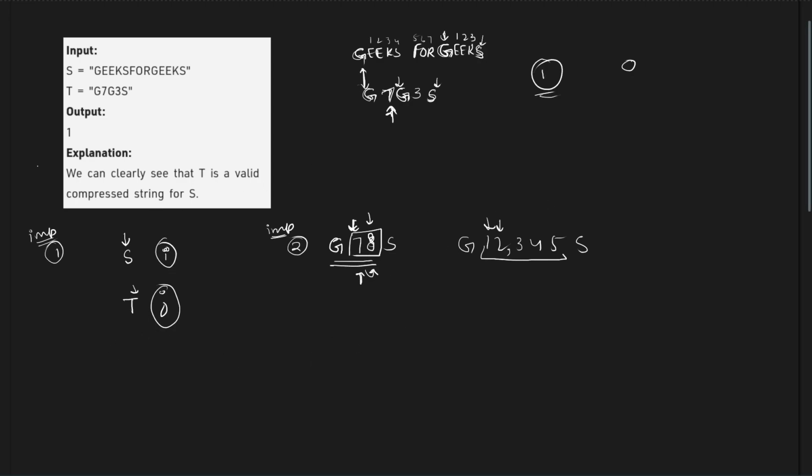Now we just know that if the current index is not a digit, they have to be equal in S and T, right? As soon as we encounter a digit, we don't have to directly skip those number of characters. We have to wait and check whether the subsequent digits are also digits or not, right? And then as soon as we finish